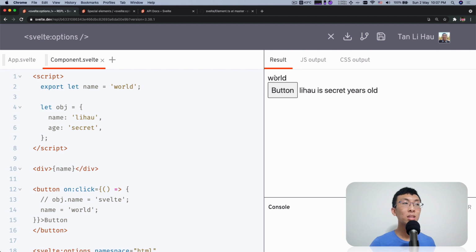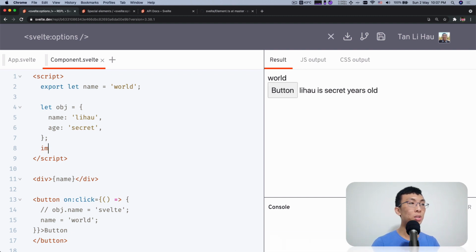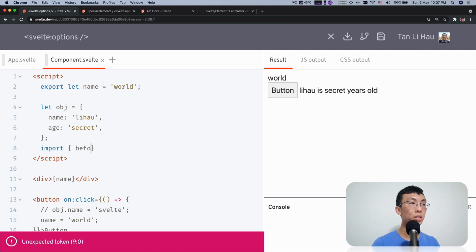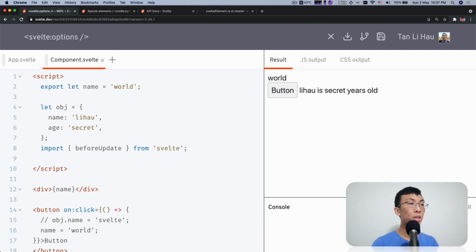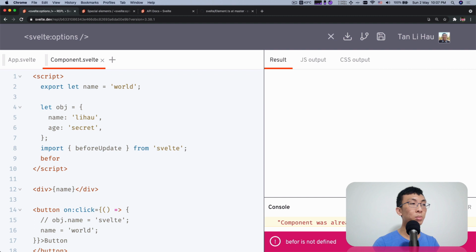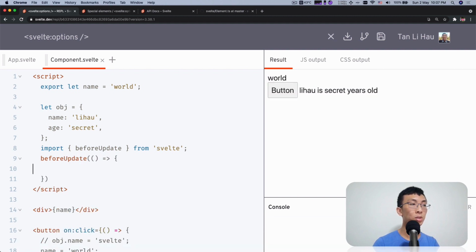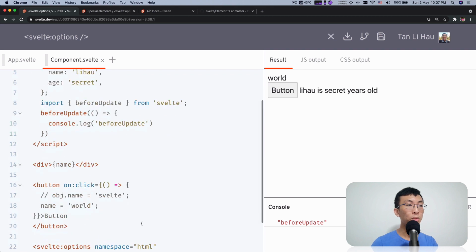But when I say nothing has happened, it's actually that nothing has happened. So if you import, say, beforeUpdate, technically this function should be called when there's an update, right before something has updated. If you register a beforeUpdate and add a console log to let us know whether something is updating, you realize that when I click this button, nothing has happened. You don't see a beforeUpdate